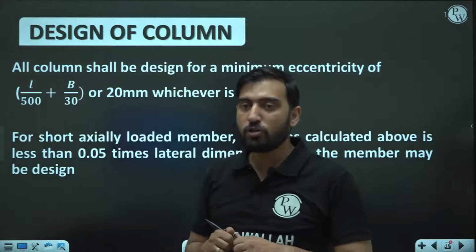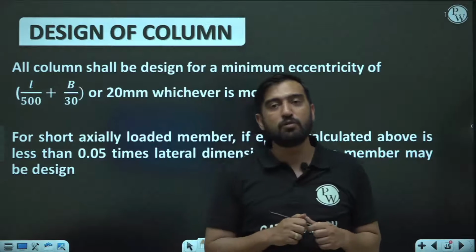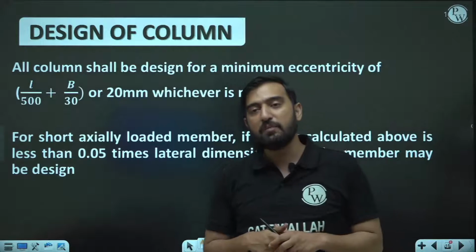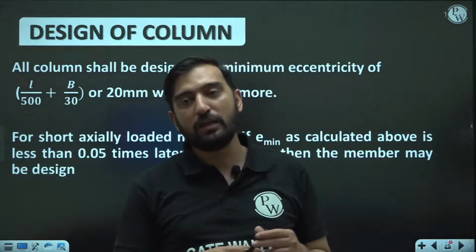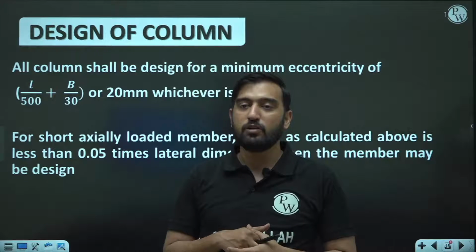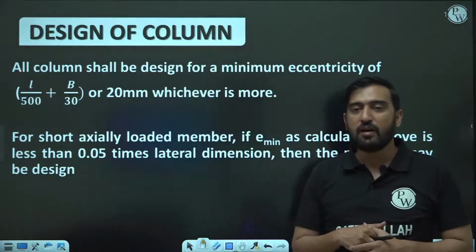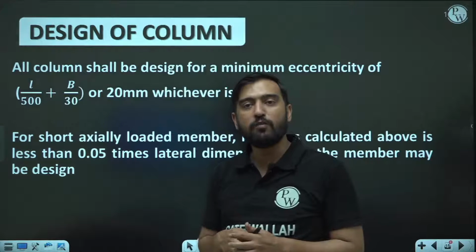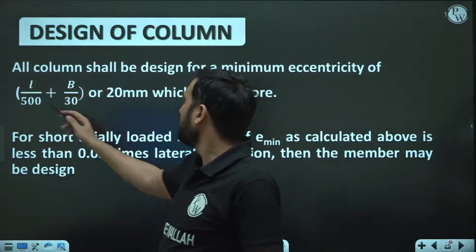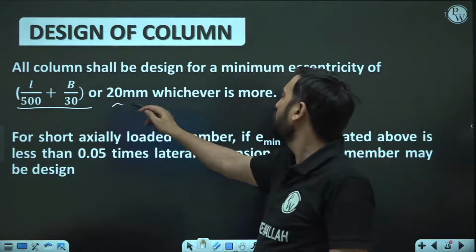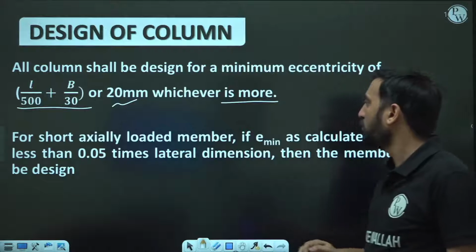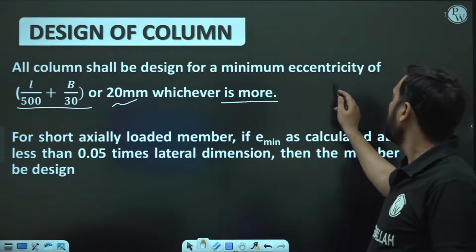So in order to ensure that the column is short, we need to say that yes, lambda, which is L effective upon r upon LLD, should be less than 12. Second is the calculated eccentricity. How are we going to calculate eccentricity? The calculated eccentricity is L by 500 plus B by 30, or 20 mm, whichever is more. Okay, so that should be less than